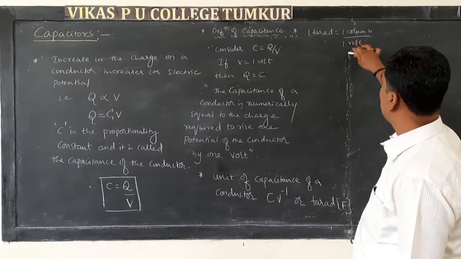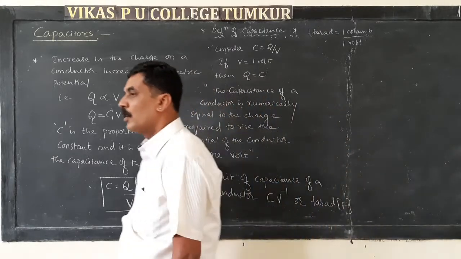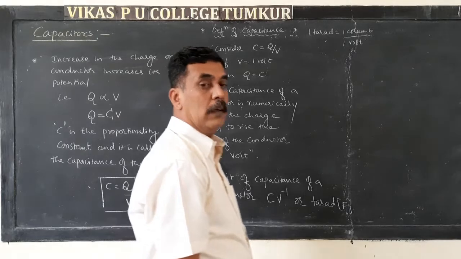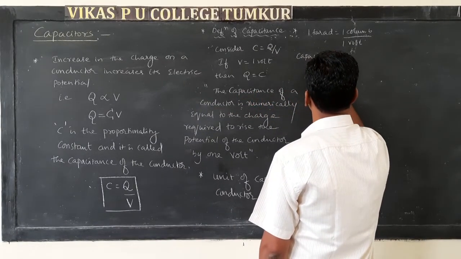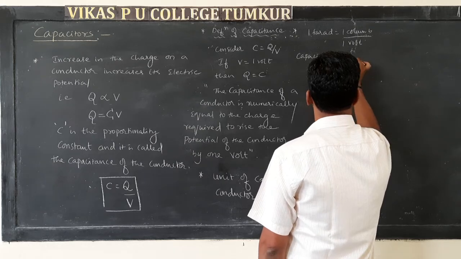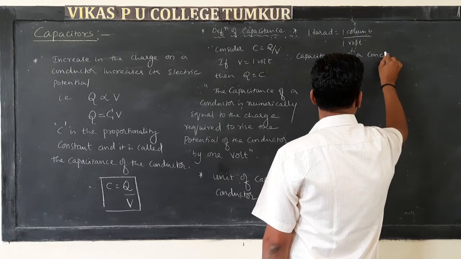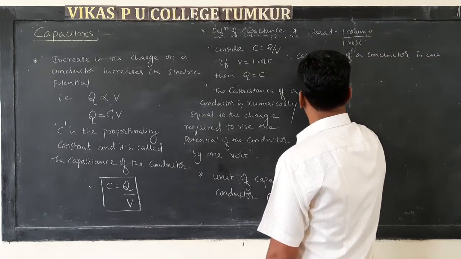So unity by unity will be unity. So 1 by 1 is 1. On this basis I will define 1 farad. So the capacitance of a conductor is 1 farad